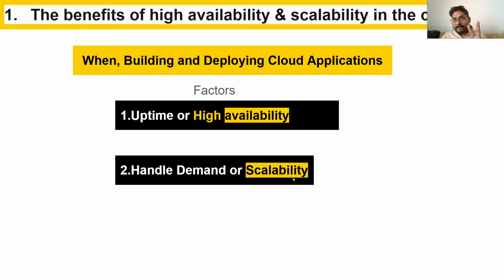So there are two important terms. One is availability and the other is scalability. You should be able to tell the difference between these two. Available means always available, never any downtime. And scalability means when demand goes up, when many people are accessing something, the resources, CPU, RAM, just to keep it to very common examples, I can increase and ensure there is no slowness. So I should be able to scale and I should be available. These are the two important terms. The website should be available.